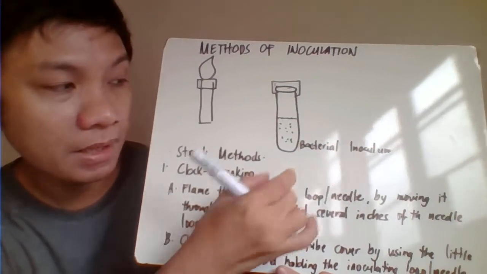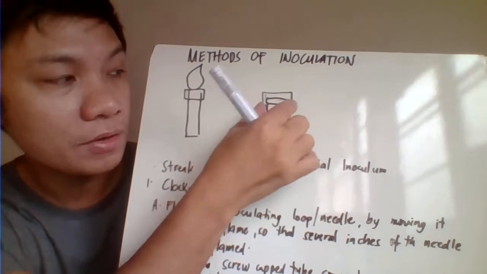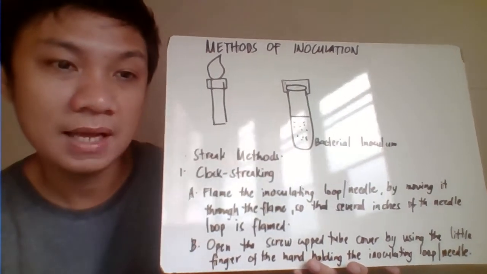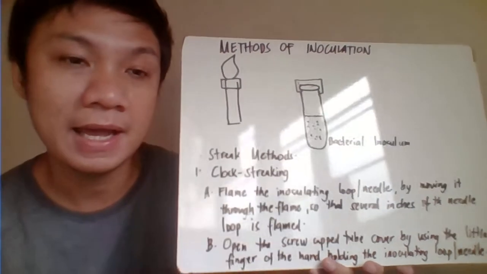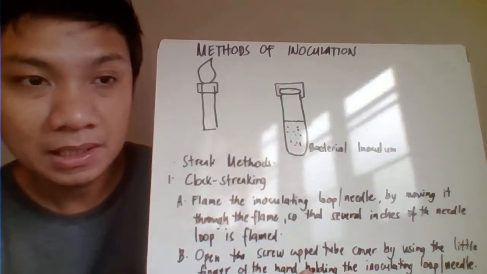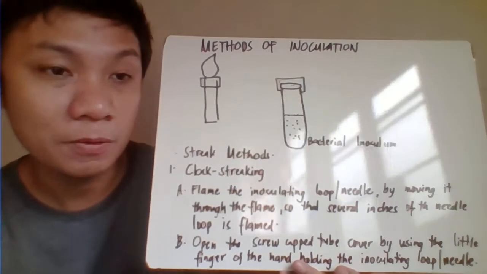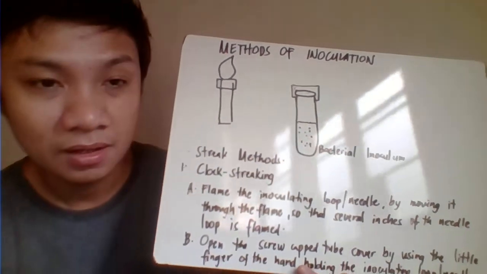Okay, so we have your bacteria inoculum. This one is placed in your screw cap container. It can also come from our plate, if that is where the bacteria inoculum is placed. But in the case where you have your bacteria inoculum placed in your screw cap container, okay, another thing